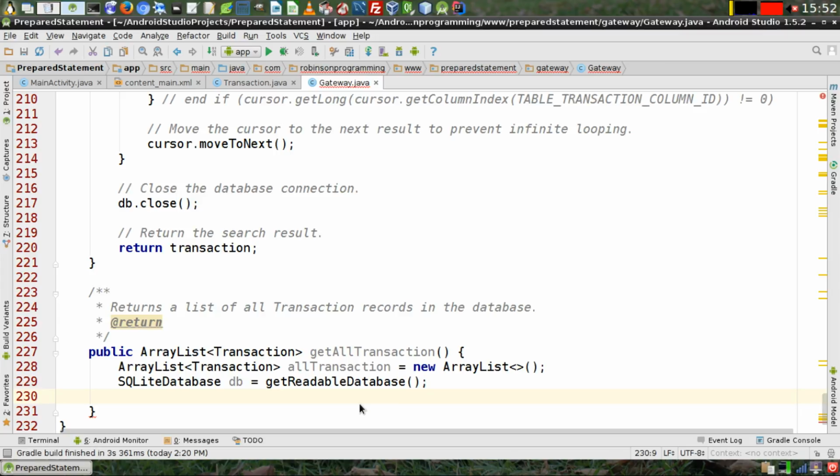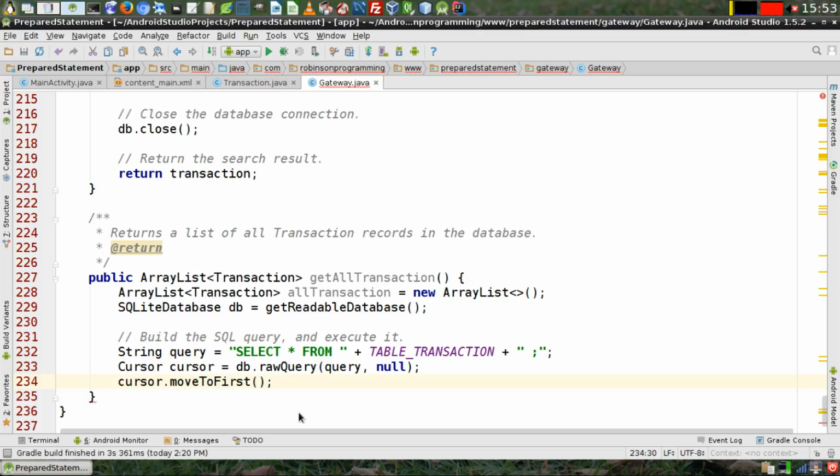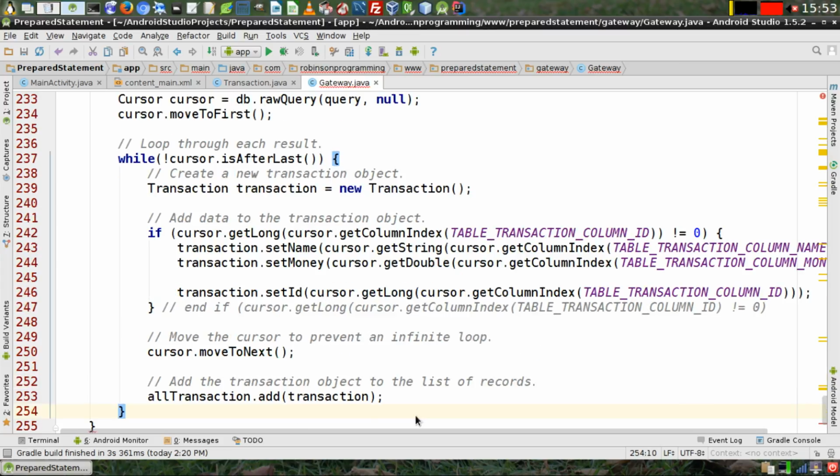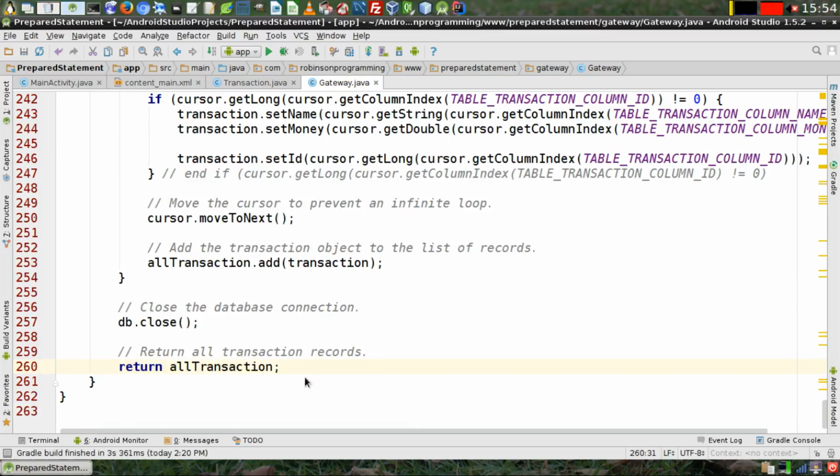And then build the SQL query and execute it. In this case, it's just going to be select everything from the transaction table. And then move our cursor to the first position. And then, much like before, create a transaction object and set the name, money, and ID attributes for that transaction based on the contents of the cursor. Always make sure you call the move to next method for your cursor, and then add the transaction object to your array list. Outside of the while loop, close the database connection, and then return the array list of transaction